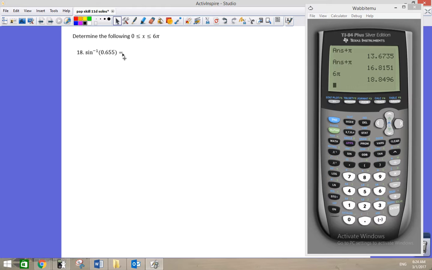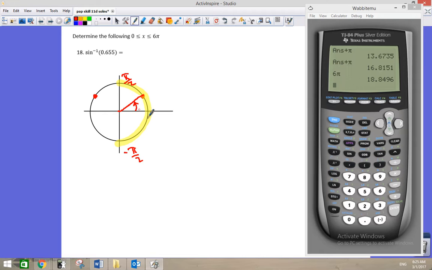Here there's going to be 6 solutions again, and sine agrees with the y-coordinate. There's going to be a point in quadrant 1 and in quadrant 2 that has a y-coordinate of 0.655 because that input is in the domain. It's between -1 and +1. The calculator, when we first use it to get our first of these 6 solutions, is going to return a value between -pi/2 and +pi/2. It's going to be a decimal number, but it's an angle measure that's in radians,